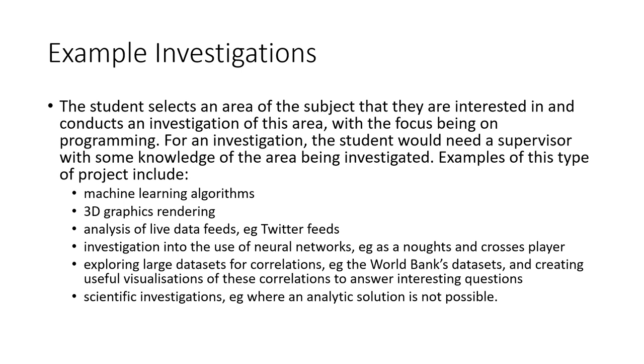Does that scene have to be a full game? No. It doesn't have to be a full game. There doesn't have to be extra things attached to it. It doesn't have to be a database attached to it, like you would expect for the solution to a problem. This investigation is focused on what programming am I going to do to be able to render a 3D scene. Similar with the machine learning,